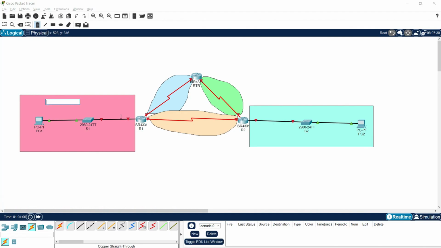Consider this is network 1. I will give N1. And here we will use the IP address 172.16.1.0/24, and this is N2, network 2, and here we will use 192.168.1.0/24,